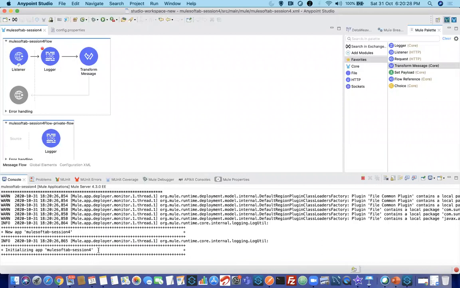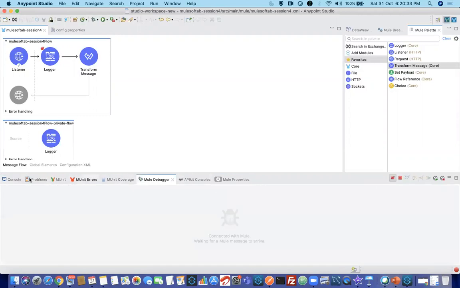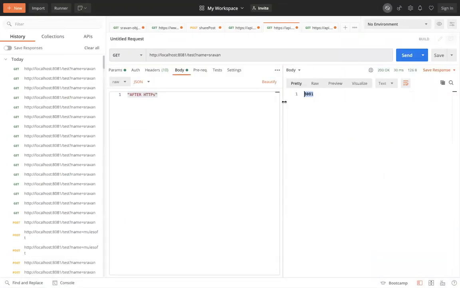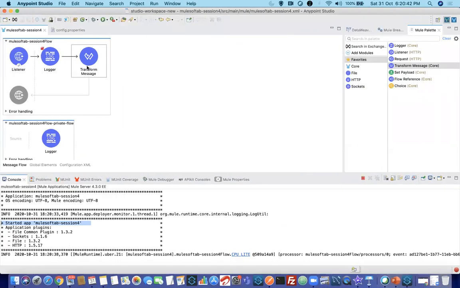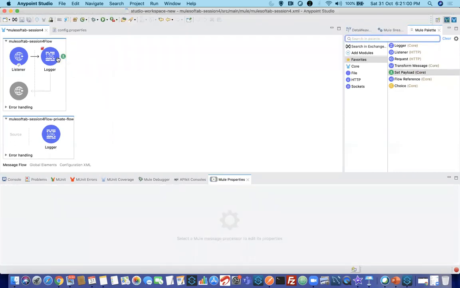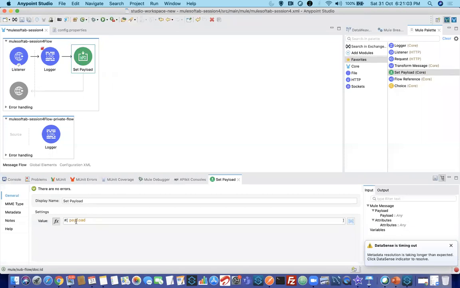Let me unmute the debugger points. I don't want to debug again and again. Check the console, it is started. Now run it. You can see 8081 is printed. That is the difference between dollar and p of. Dollar can be used anywhere, either in hash or non-hash things. When I say hash, just for your familiarity, but in technical terms we call it Mule expression language. If I remove this and drag and drop set payload over here, I can use single quotes, dollar, and curly brackets. Guys, syntax is very important.